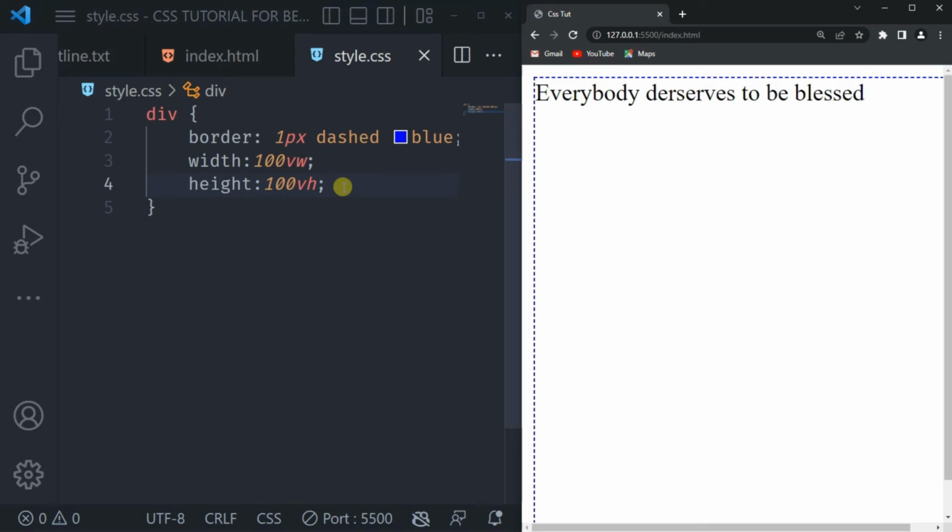In my next video, I'll be showing you the difference between maximum width and maximum height, and how to add width and height to your HTML element to make it responsive no matter the screen